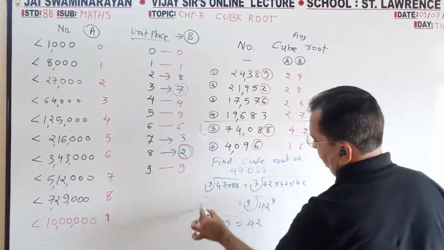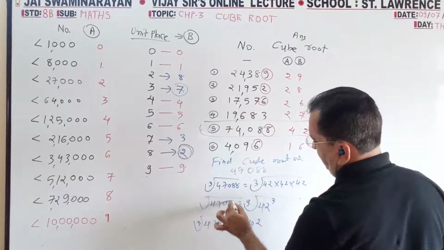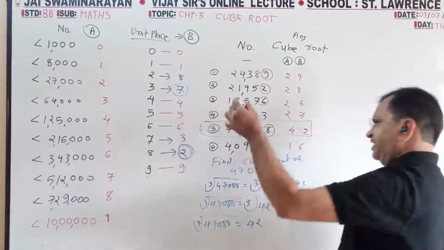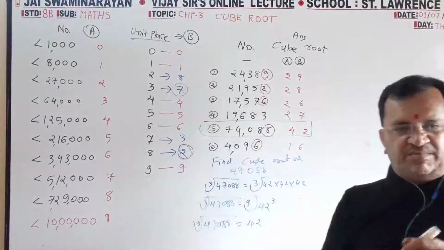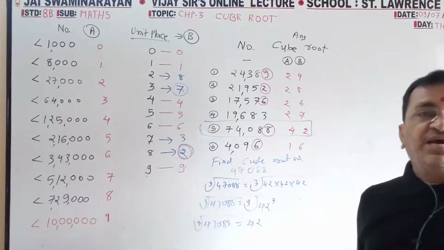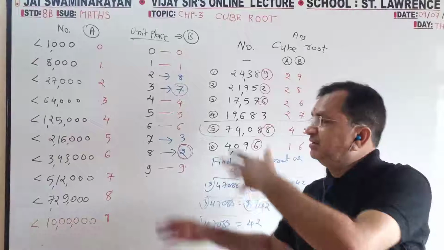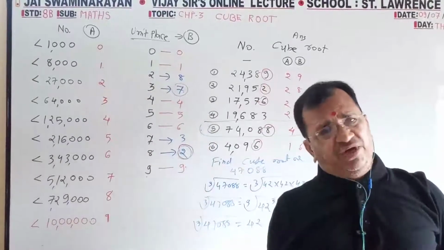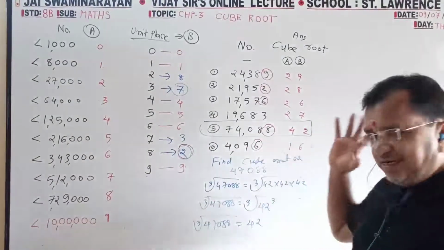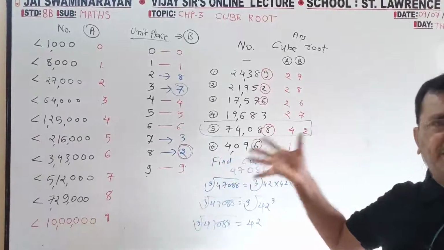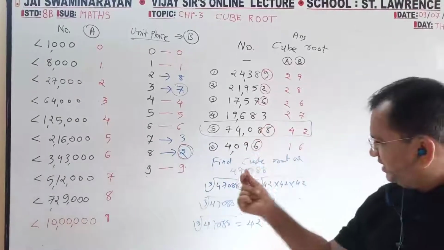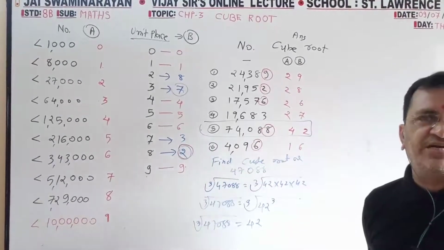This is the official method of how you will write it in the exam. Otherwise you will tell Vijay sir, 'You taught me this, I wrote this.' End of story. You will get 0 marks. I have shown you the method to get the answer. I have not shown you how to write the answer. You have to write the answer in a textbook way, in a textbook method. But once you get it, you can write this rest part very easily within 5 seconds.